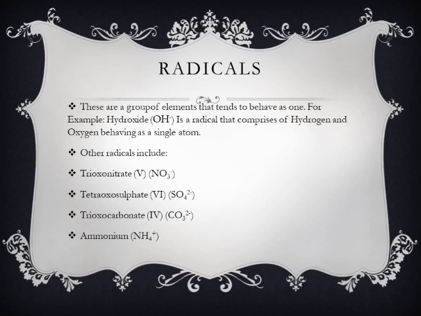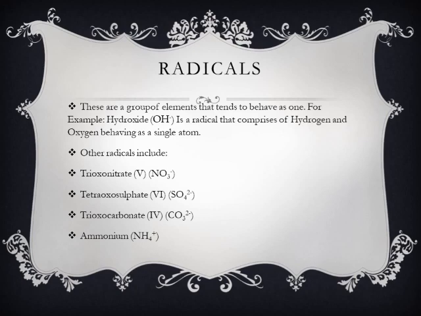Now, other radicals we have include trioxonitrate(V), tetraoxosulfate(VI), trioxocarbonate(IV), ammonium. Now, these radicals react with other elements to form compounds. So, for example, hydroxide that we have there can react with sodium to form sodium hydroxide. It can react with magnesium to form magnesium hydroxide. Trioxonitrate(V) can react with sodium to form sodium trioxonitrate(V). Tetraoxosulfate(VI) can react with hydrogen or